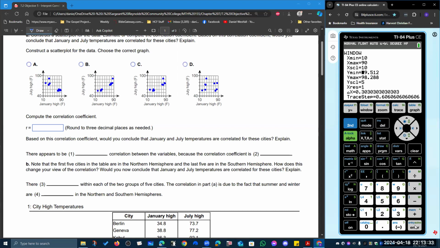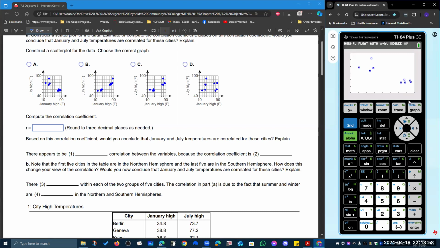And then from 40 to 100, and our scale needs to be by tens again, I believe. And so that looks mostly like A,